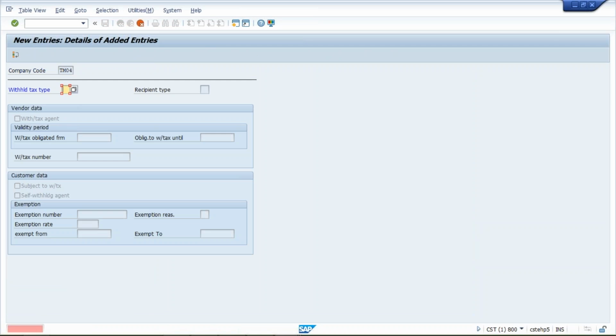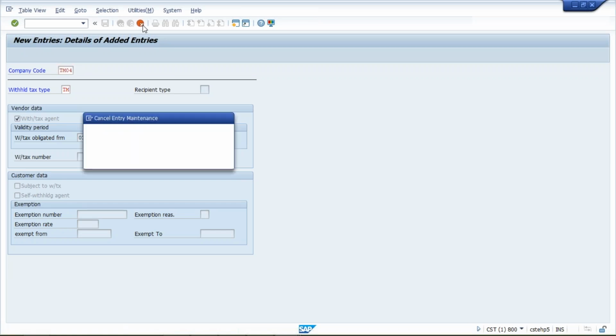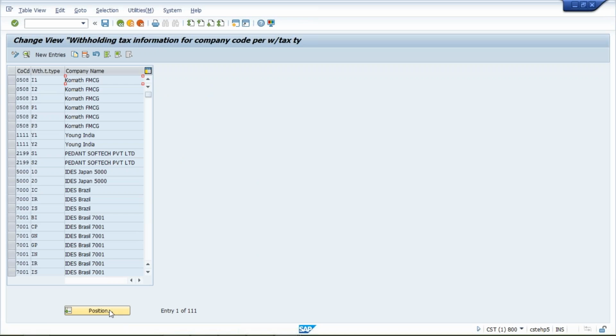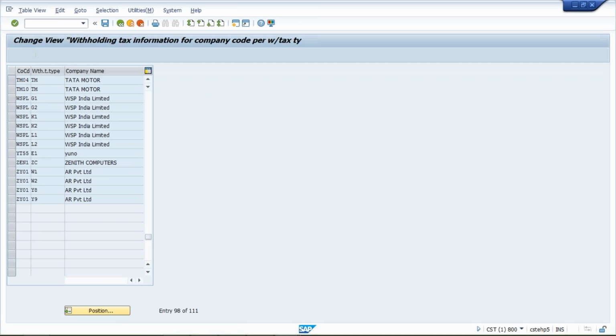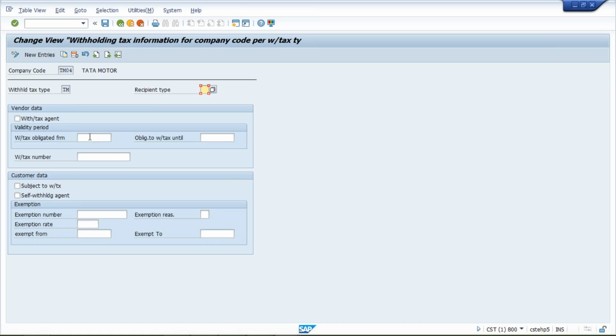Press enter and give your tax type here, and then this. Where is TM04 here?